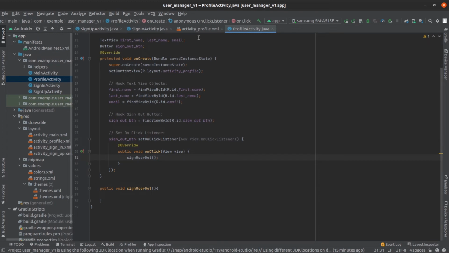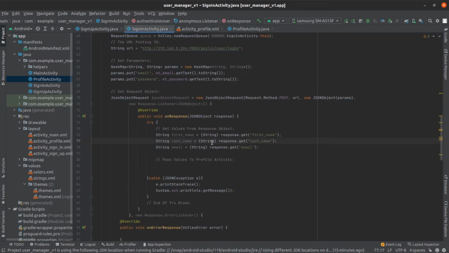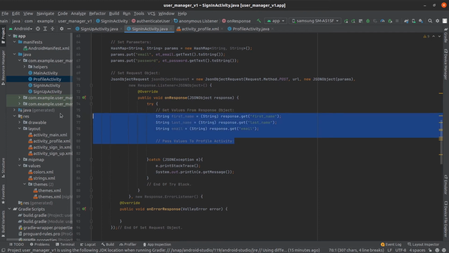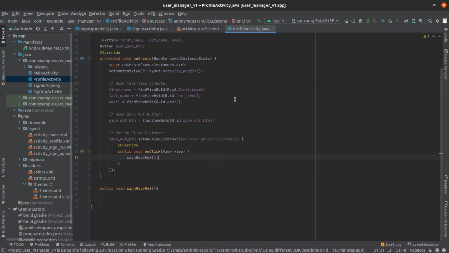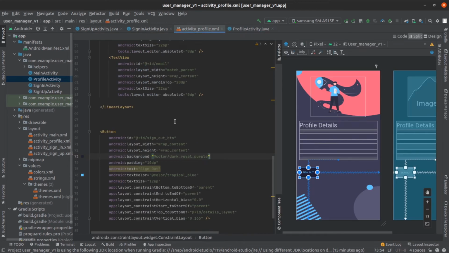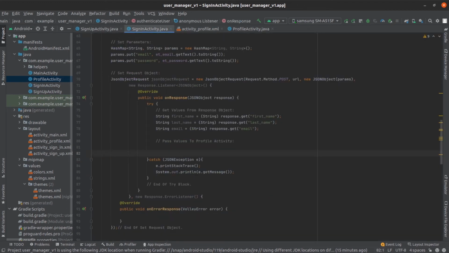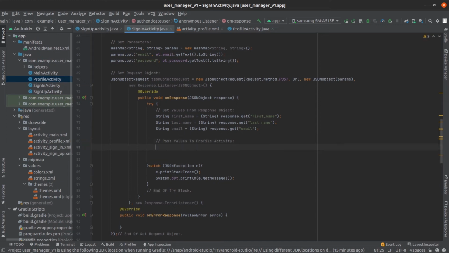Okay, alright, so let's go back to the sign in activity. So remember, we need to take this information that we're getting from the response object and send it to this profile activity. So we're gonna say, where are we? Oh yeah, sign in. So here we need to set those objects. We need to send an intent object onto this method over here. So let's say